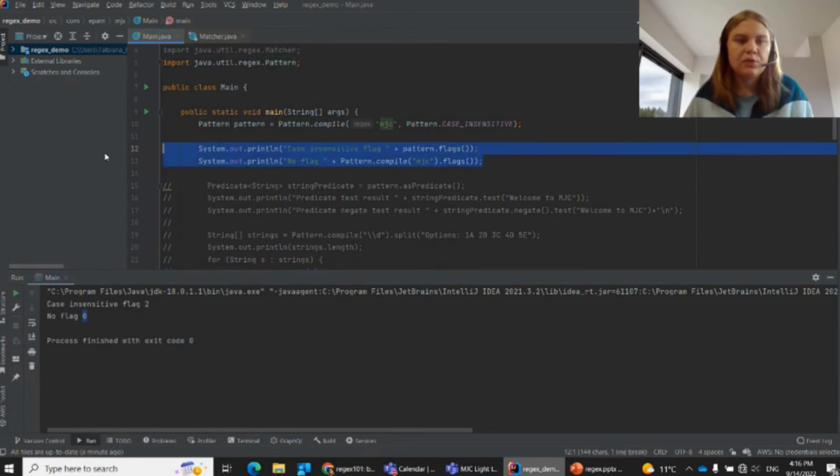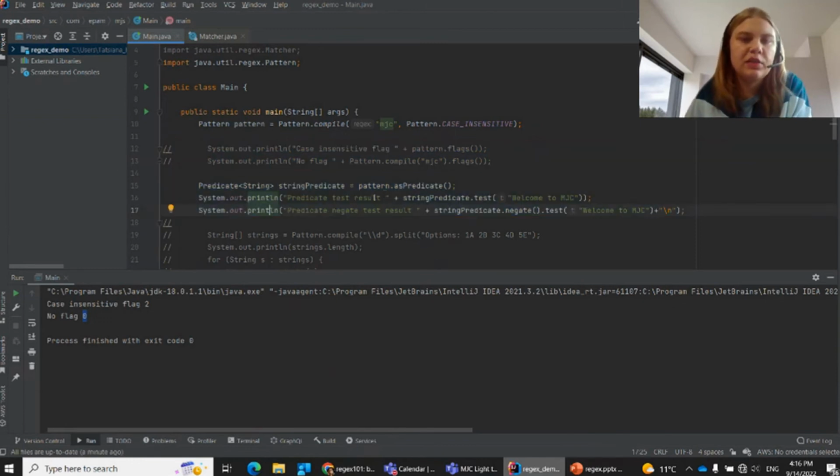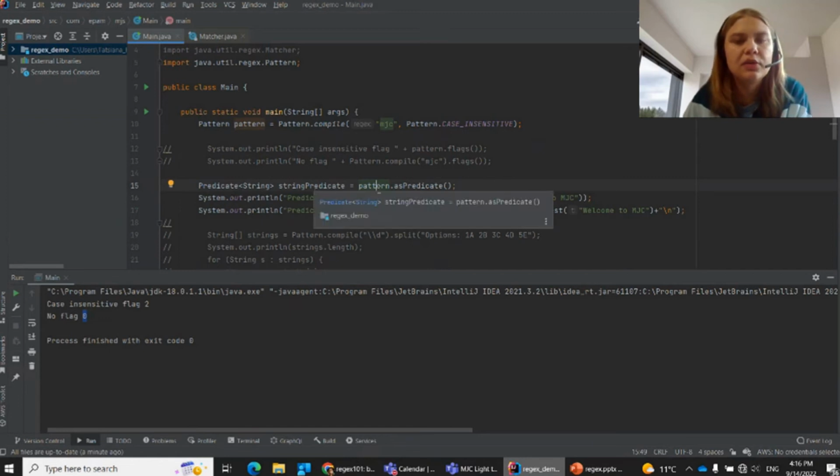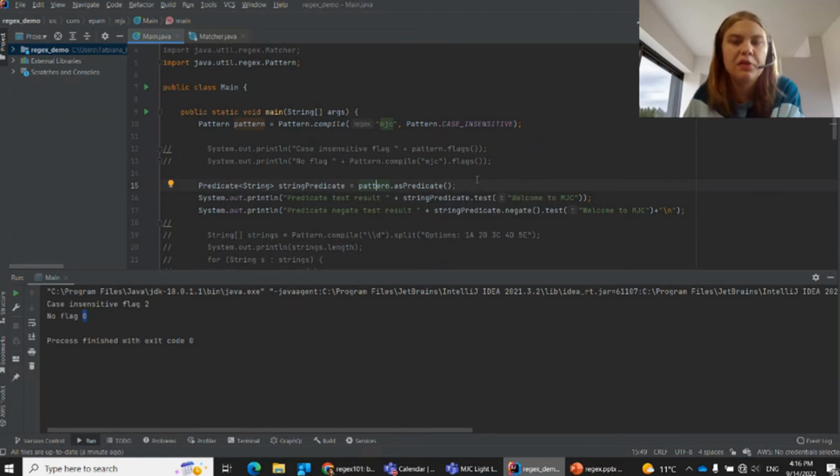Okay, next one is predicate. We can create a predicate from pattern, and predicate has its own methods. I want to stop here alone. Maybe predicate would be our next topic,